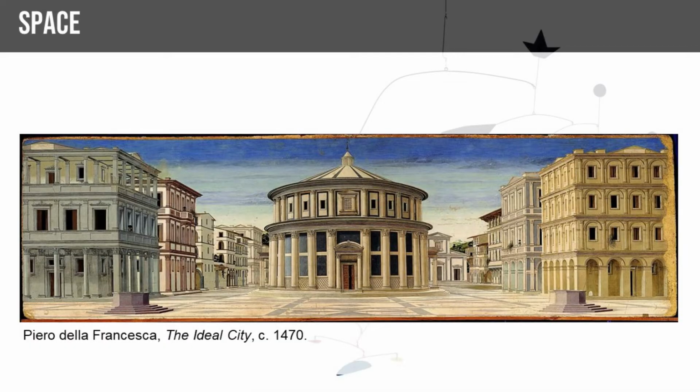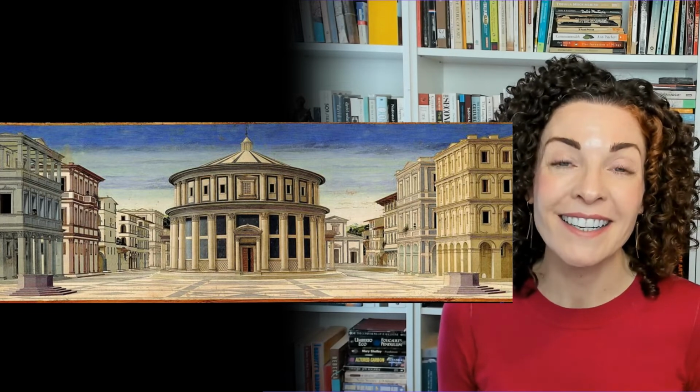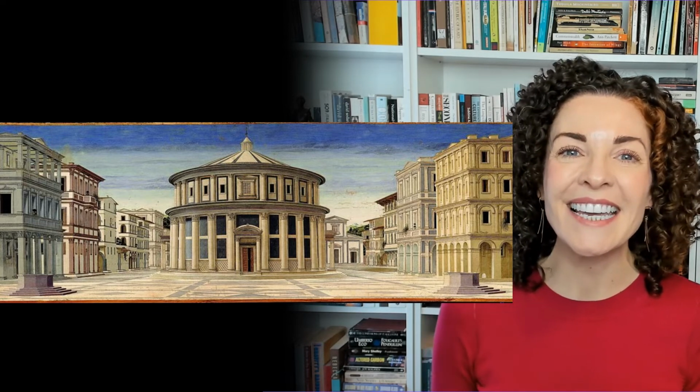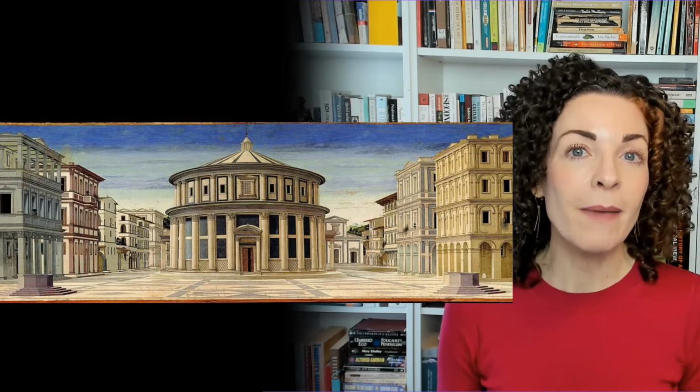It was during the Italian Renaissance that artists really formalized this phenomenon and used it to give a sense of space to their artworks. In this image by the Italian Renaissance artist Piero della Francesca, you can see just how carefully he has used this scientific approach to create the sense of receding space. Even the pattern of the stone pavement helps us see this invented environment as real, three-dimensional space.